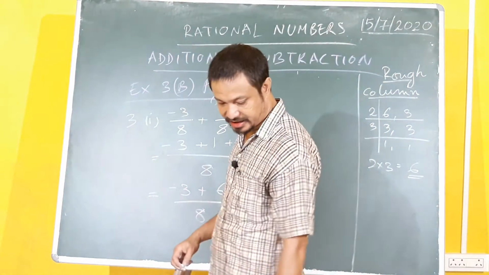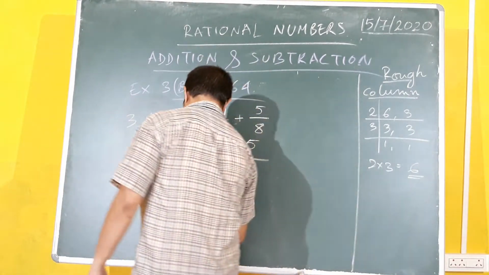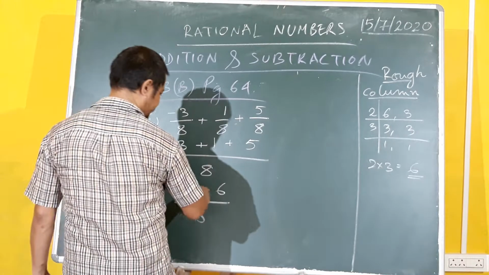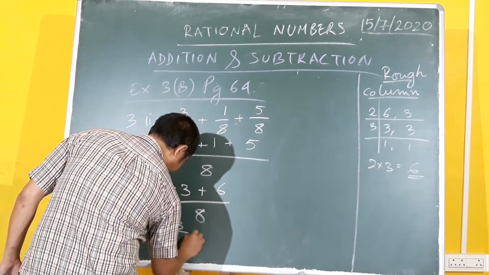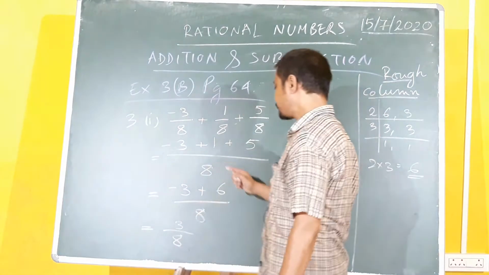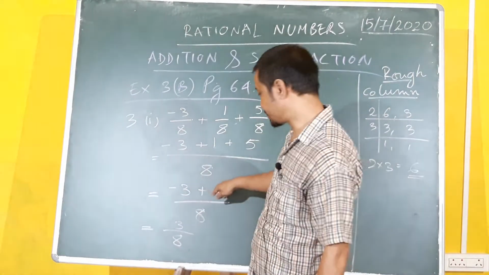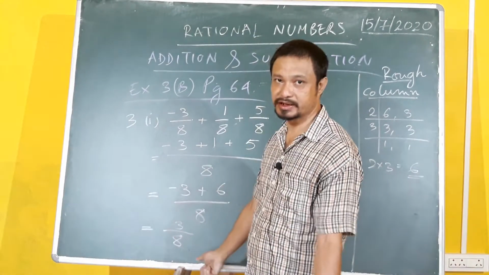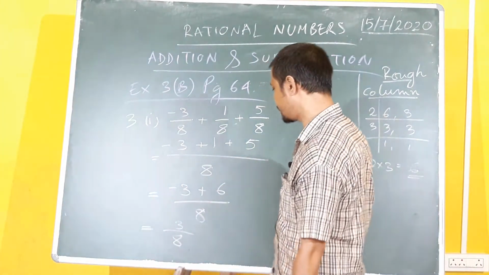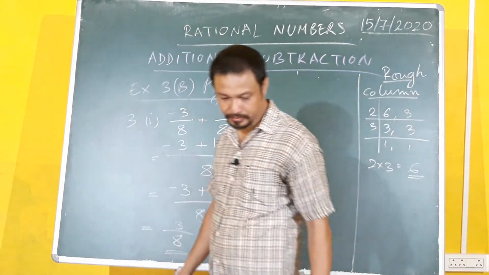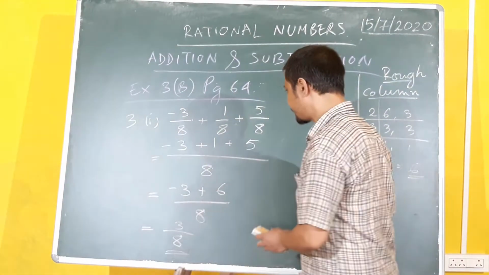So minus 3 plus 6, if we compute it, this will be plus into minus, 6 minus 3 is 3 upon 8, positive 3 or plus 3. Why? 6 is the bigger number and it is positive or plus. 3 is the smaller number, negative. Sign rules again. It's all about sign rules, okay? So your final answer is 3 upon 8. So this is how you do it.